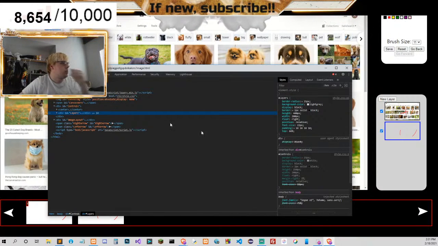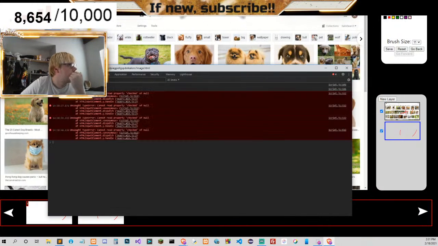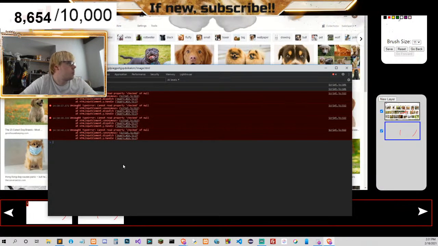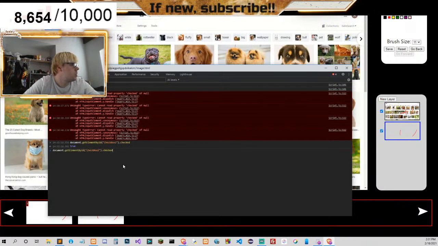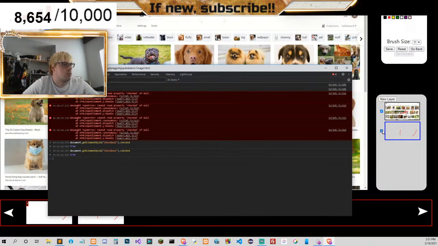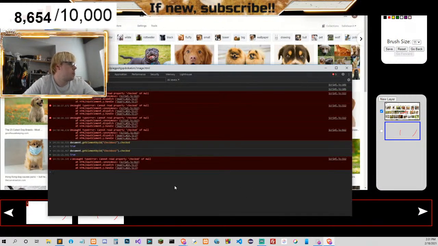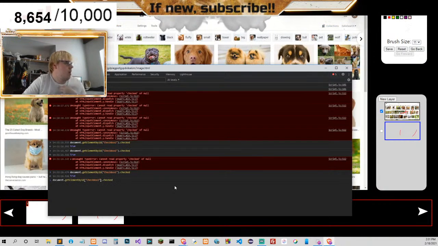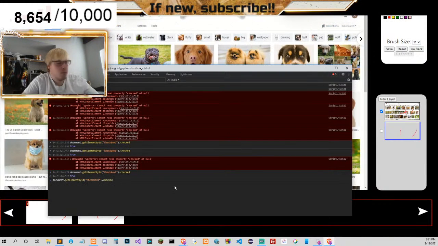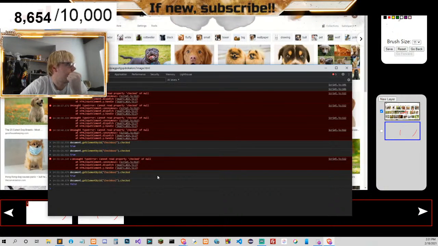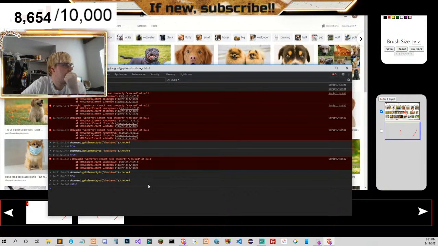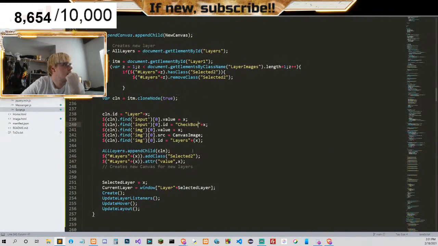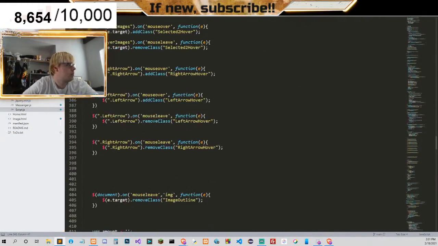Why is it, cannot read property of checked? True. So if I undo this, ooh, it says false. Cannot read property of